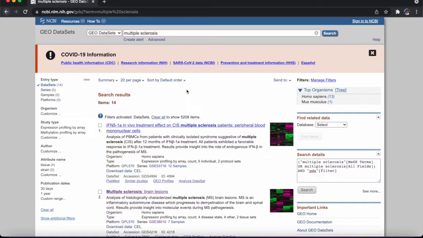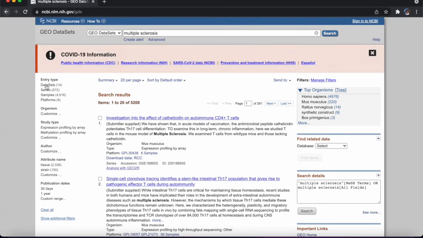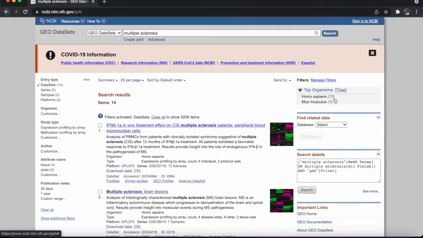But for now, we are just going to be clicking on the dataset. So click datasets. Now this filters it down to just datasets. So this, I think, is a good time to really explain what we're looking for. So once you've managed to filter it down from datasets, right? Once you click on that datasets, now what we want to look at are these two top organisms on the